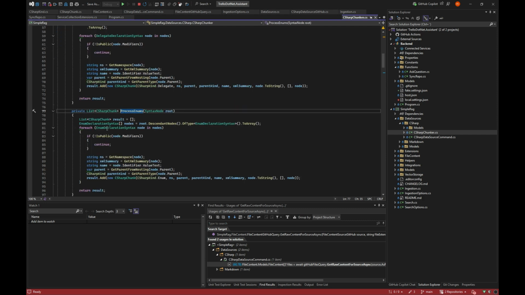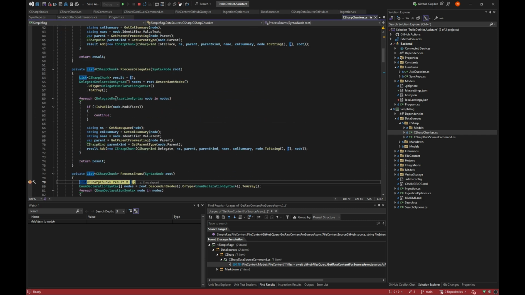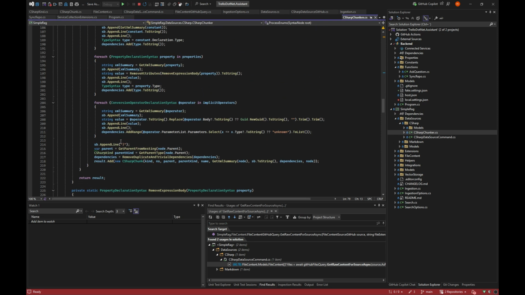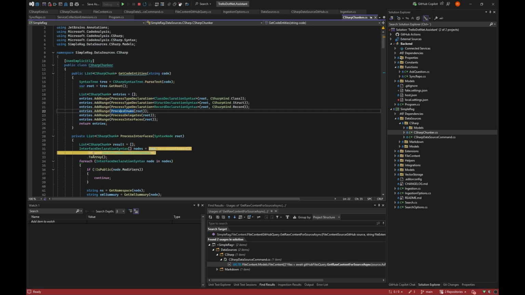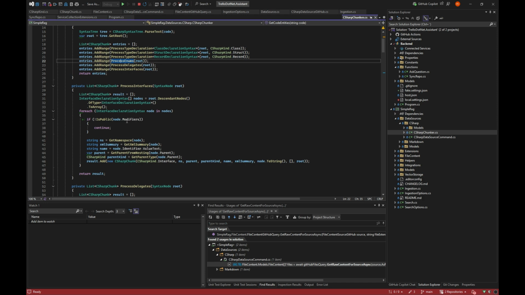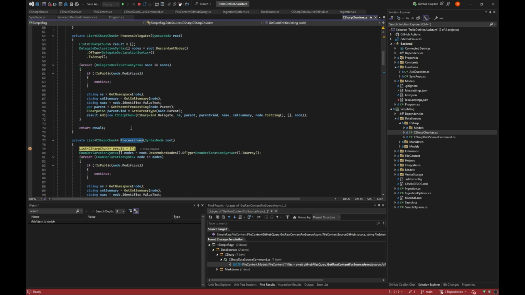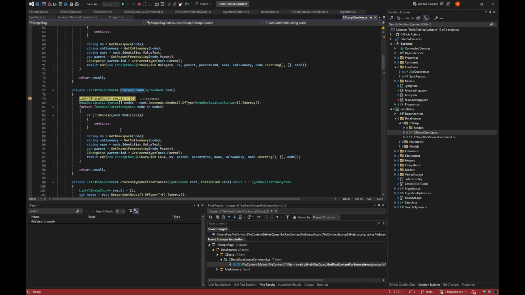In our case, it was an enum, so let's jump in here. I won't go into every single little detail of all this code, but it's essentially just using the Roslyn analyzer to grab stuff in various parts of code and turn it into objects.